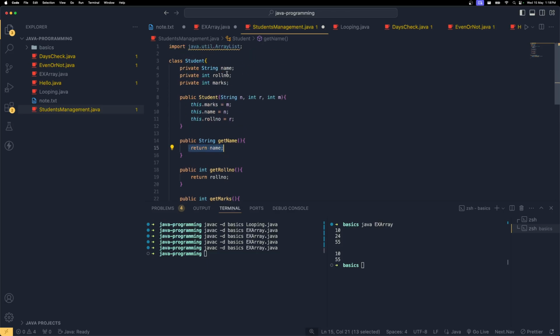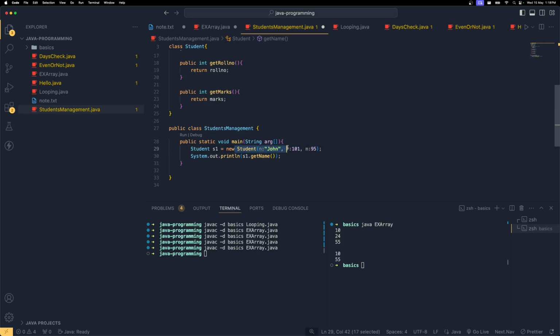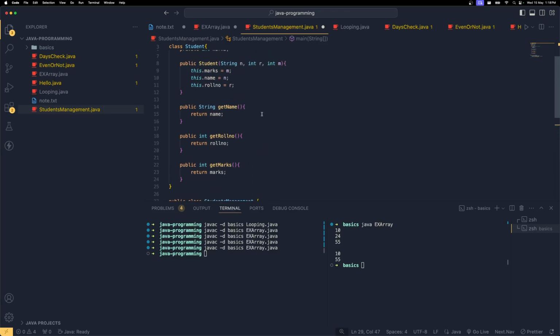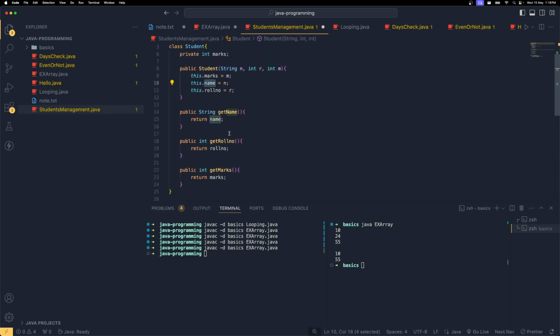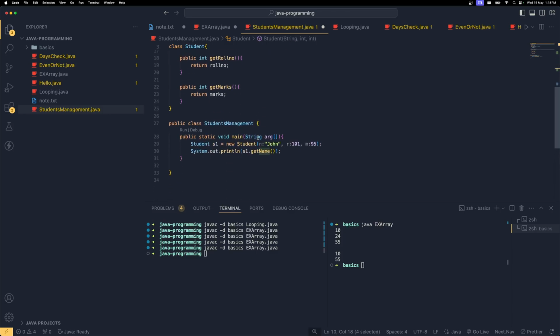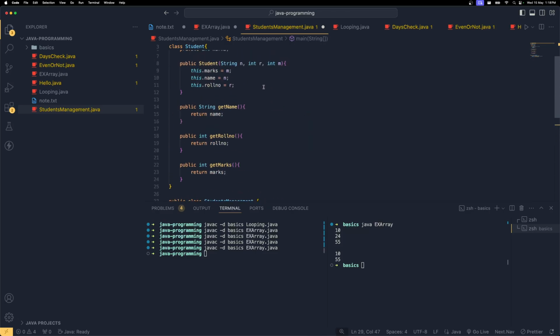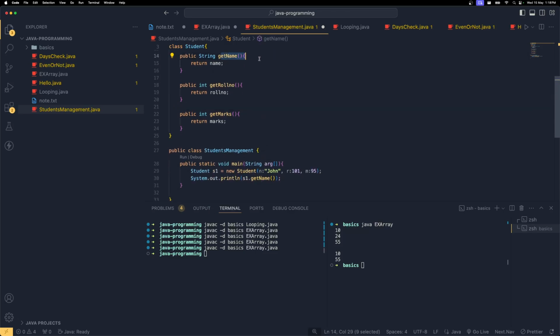And what we have in that name: by the time I'm creating the student, I'm supplying three different values: name, roll number, and mark. Whatever I supplied in the variable n will be stored in our global variable name inside the class, and roll and mark will be automatically saved to those respective variables, and these respective functions will return those respective values. Now I call the get name, so that is going to return the name. Now if I save this and run this,